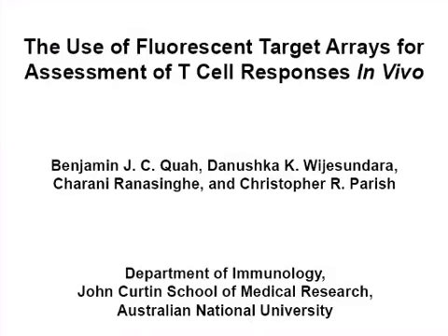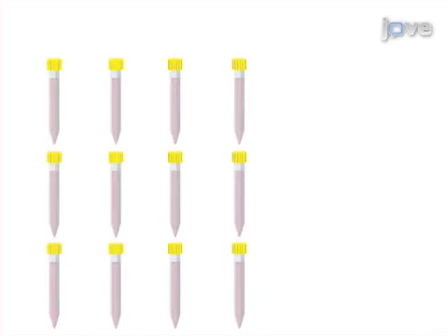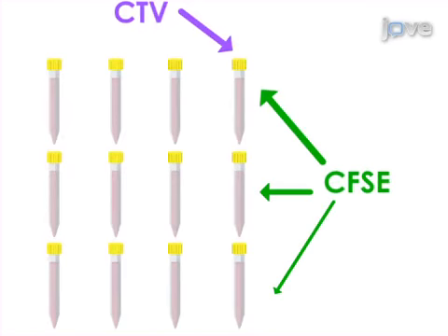The overall goal of this procedure is to generate an array of up to 252 distinctly labeled fluorescent target cells for immune assays using multi-parameter flow cytometry. This is accomplished by first labeling target lymphocytes with unique combinations and intensities of vital dyes, such as CFSE and